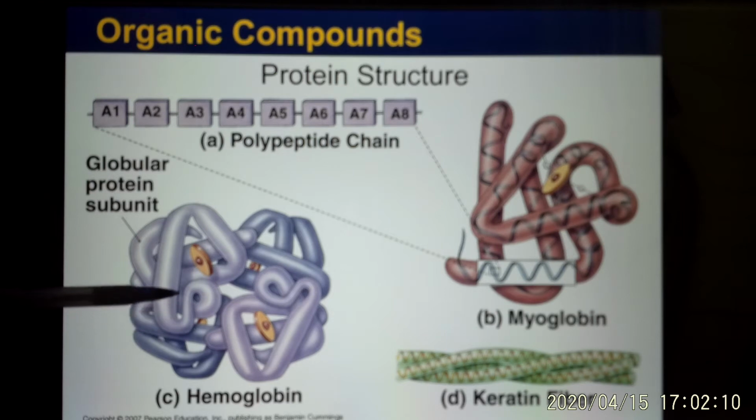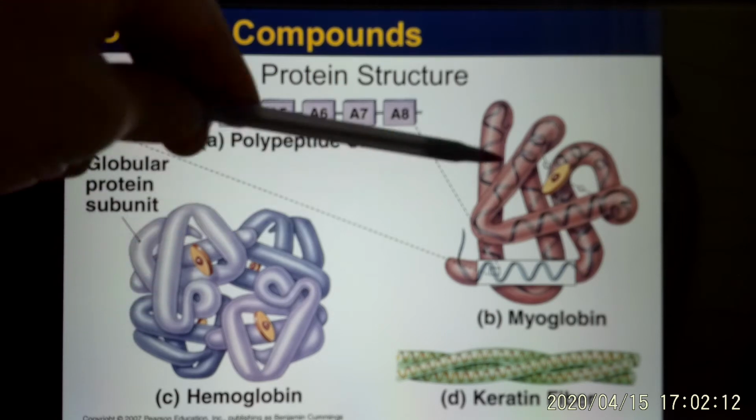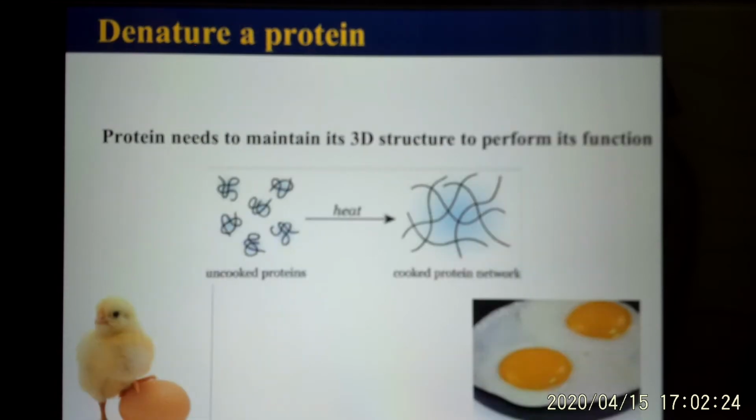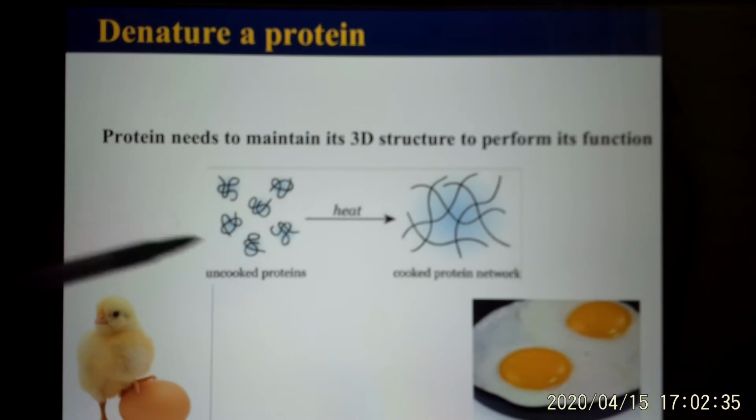Because the color is red, so your blood is red. So all these proteins, they need to maintain their correct 3D structure to perform their function. If you change the structure, you damage the structure, and they won't be able to perform their function. And the way to change the structure is called denature. So denature, you can change the pH or give them heat, temperature,